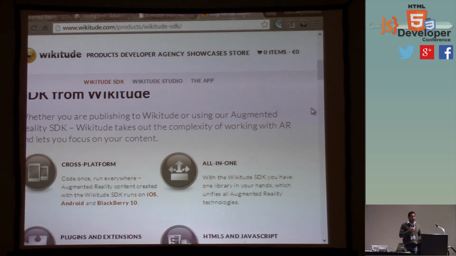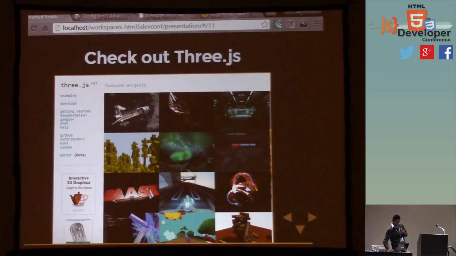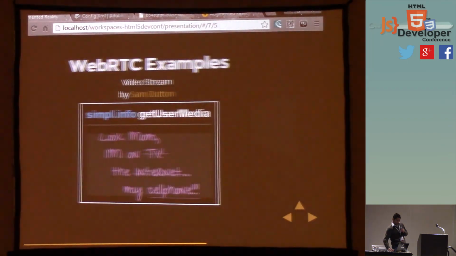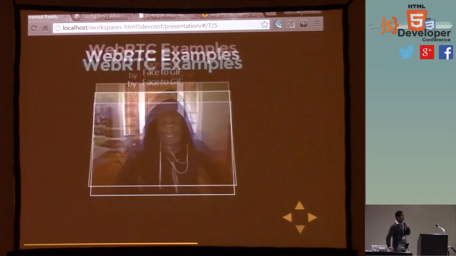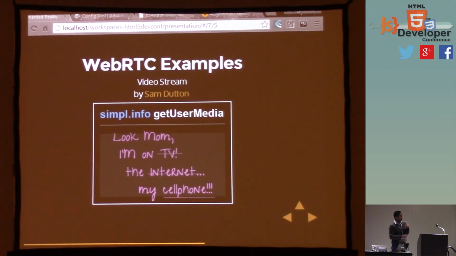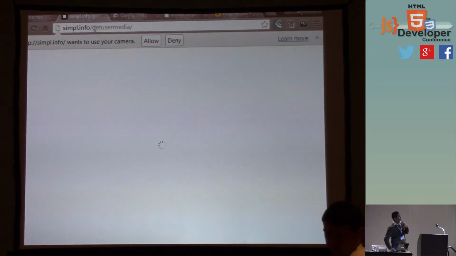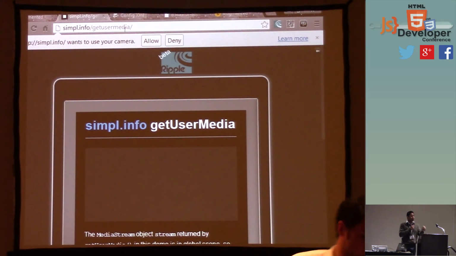On the BlackBerry, you could probably do that on their new line, but other than that, we have to get access to getUserMedia, which is like these video streams. If you can open up this page in your mobile browser, then you can do a barcode app.